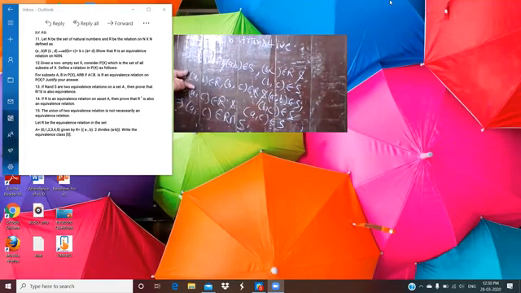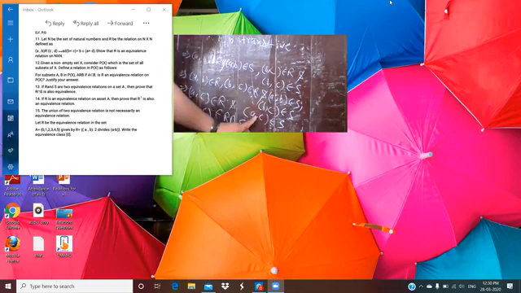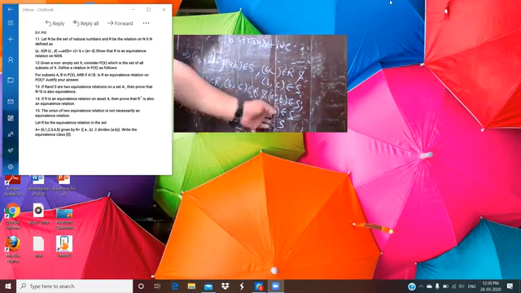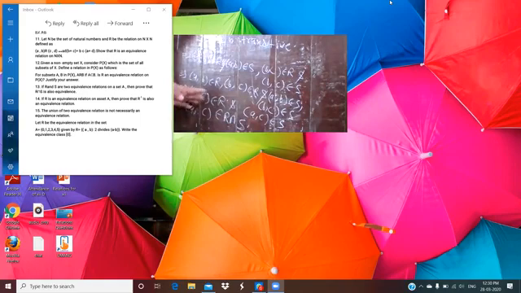Now check for the R result. AB belongs to R, BC belongs to R, so AC also belongs to R. Why? Because R is transitive. You write the reason for that. AC belongs to R. And in the same way, AC belongs to S also. Write the reason for that. S is transitive. So if AC belongs to R and AC belongs to S, you can write AC belongs to R intersection S also.